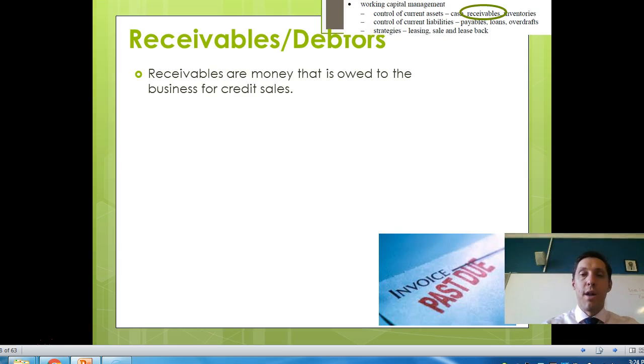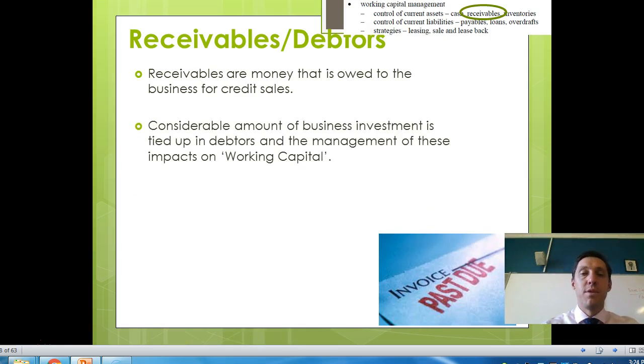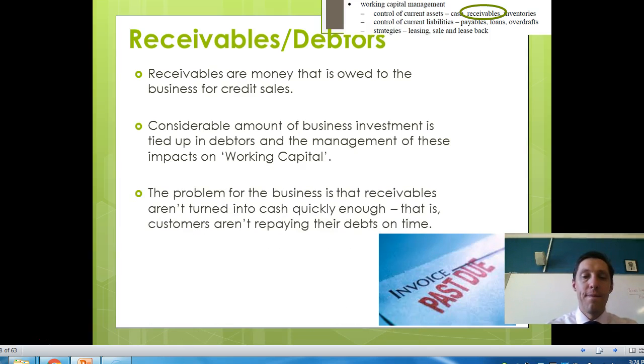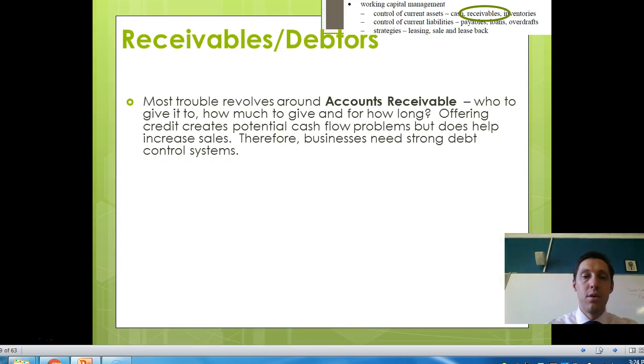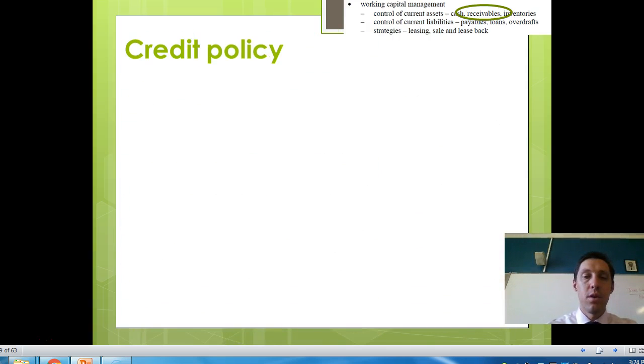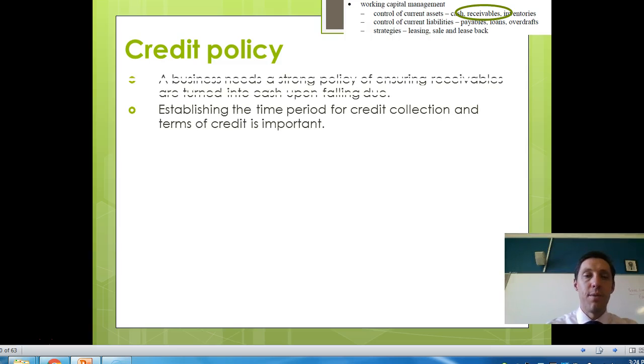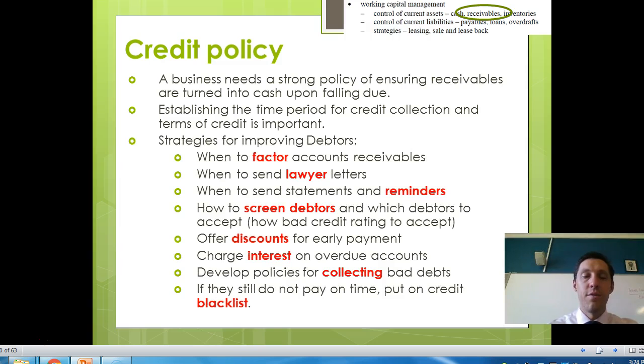Receivables or debtors is an important part of controlling your current assets, so managing your receivables and your debtors and making sure that money owed to the business is being paid appropriately, and that was part of our cash flow management in the previous strategy that we looked at. And the business must make sure that it's not tying up too much of its cash in accounts receivable, and it's effectively managing those receivables. In terms of potentially a credit policy, a business needs to have a strong strategy for getting its